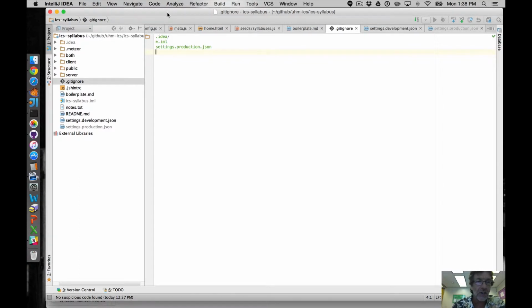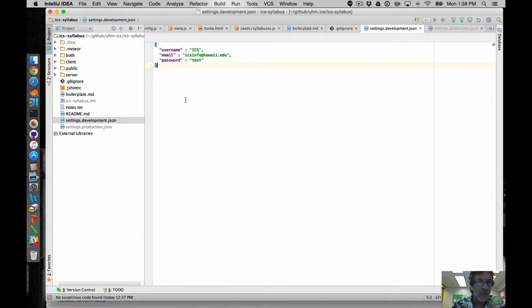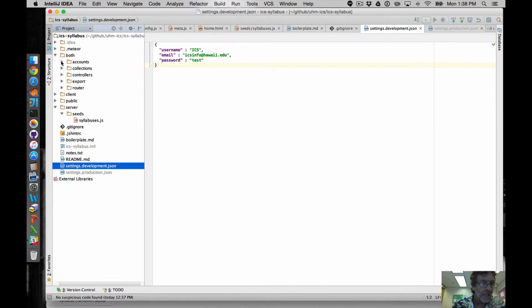So starting with the .gitignore, you can see that we don't commit the IntelliJ stuff, and we don't commit the production settings for the username and password, but I can show you the development ones. So it's basically we're just going to say what's the username, what's the email, what's the password, and then on the server side, in the account side,